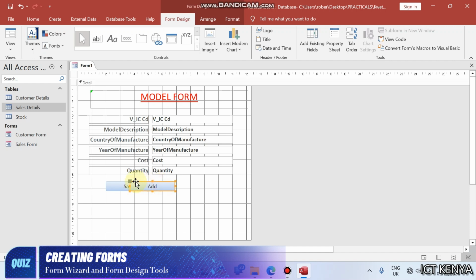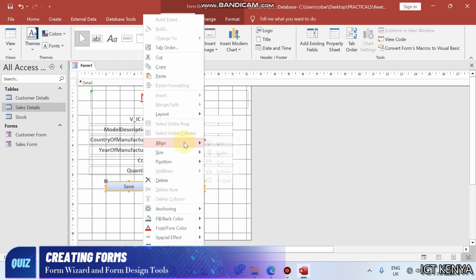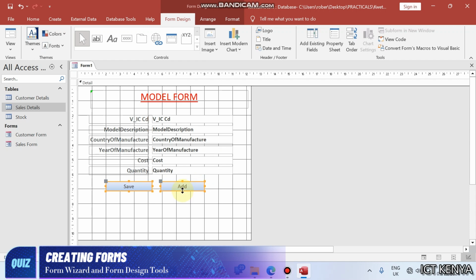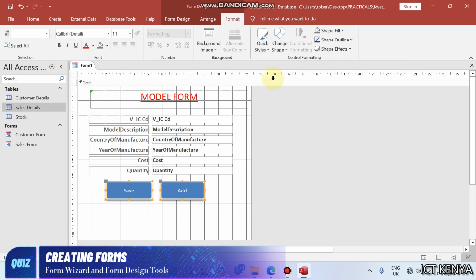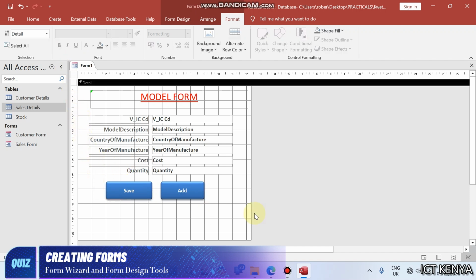For this button, you can also do something about it. Again, right click, size to the shortest is okay, then increase the height a bit. Now go to format and change shape to be rounded corners, styles to be, this one is okay, you can change another one like this one and maybe apply some bold. Perfect. How does it look like? If we go to form view,